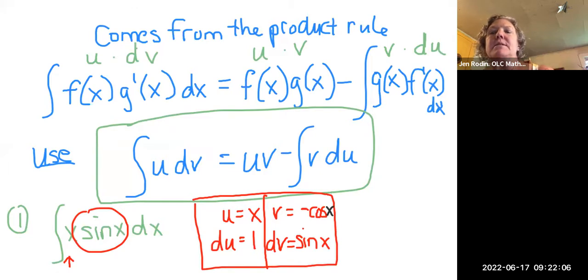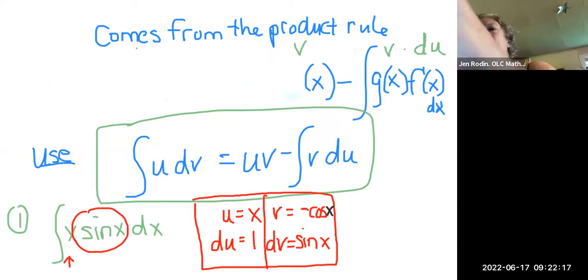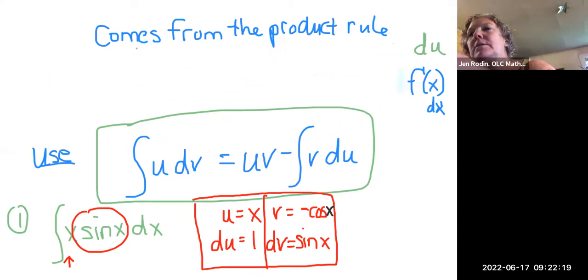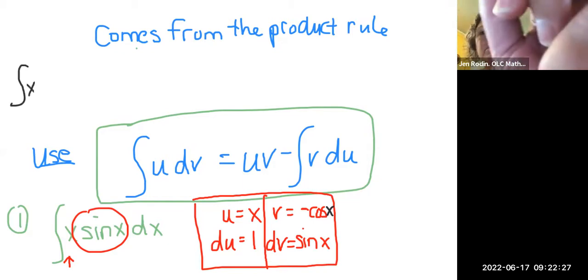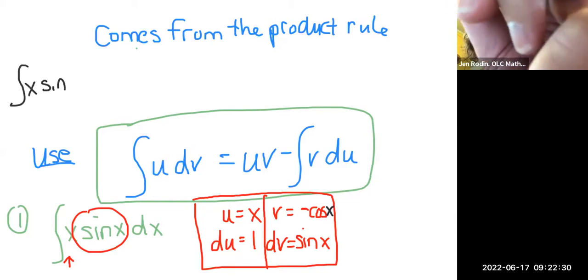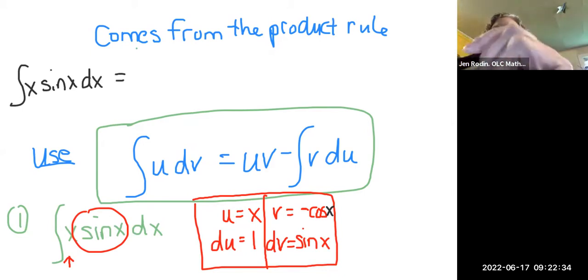And it's the setup that's half the battle, honestly. So I'll write it right up here above the formula, so we don't have to look at the messy version of the formula. Okay, so the integral of x sine x dx is going to equal u times v